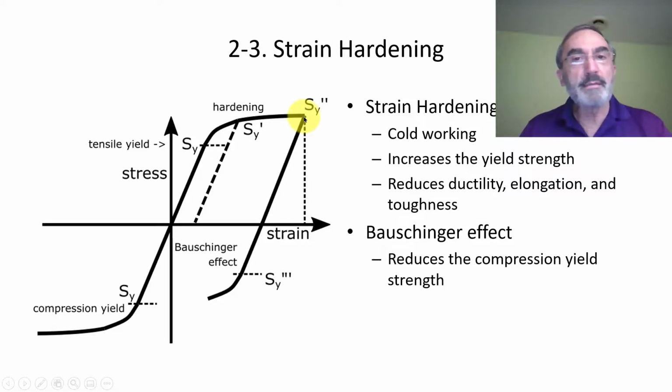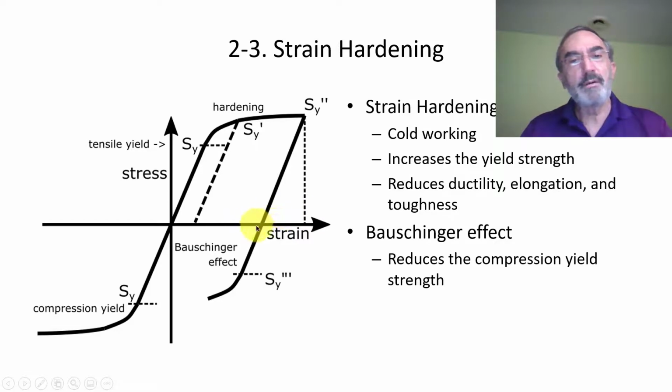It didn't break yet. When you unload, you go there. Now your elongation is this little bit, so your material is almost brittle, you see? Now what about your toughness? If you harden all the way here, your toughness is this area, compared to the original, which has all this area. Humongous toughness versus this little toughness. So you lost elongation, you lost toughness, you lost ductility. This is one of the shortcomings, okay? So you have to be aware of that.